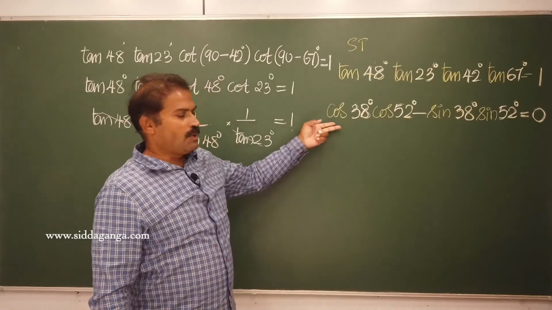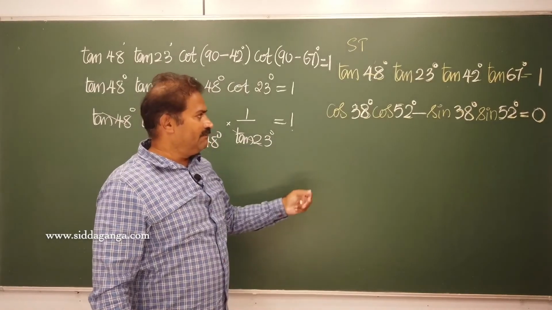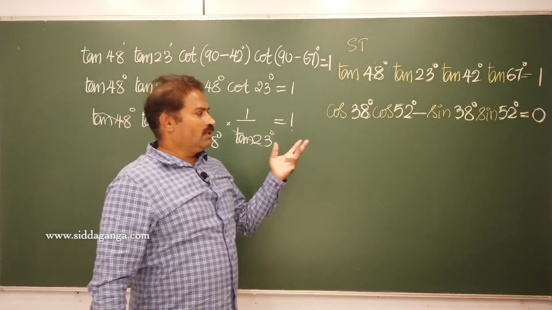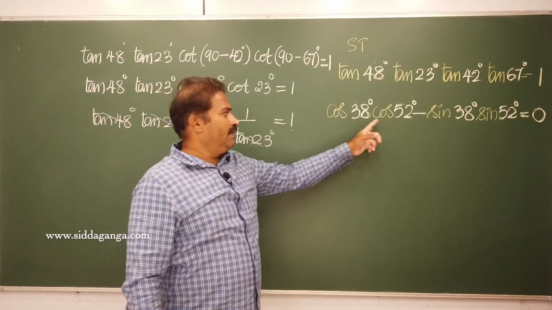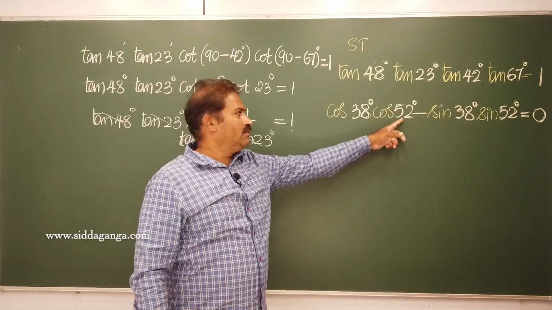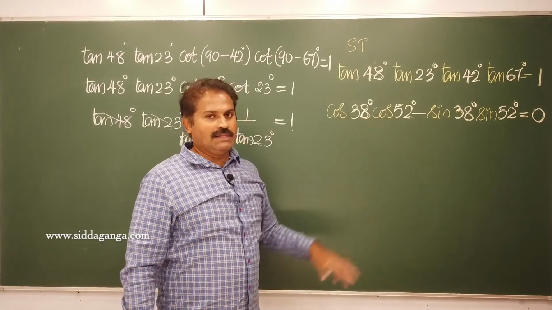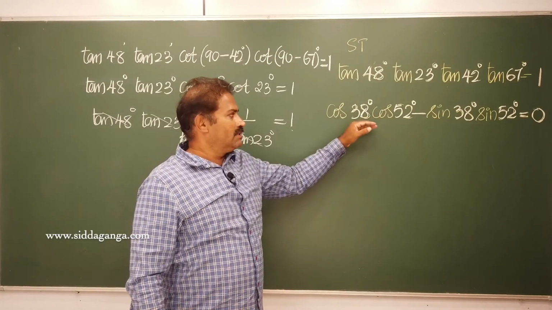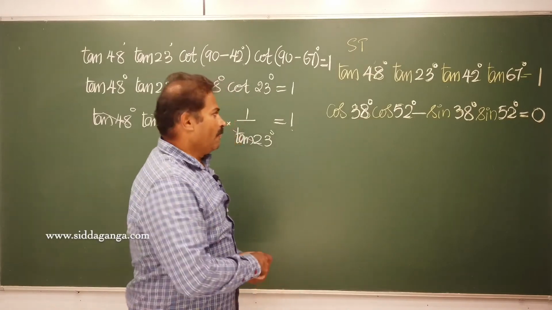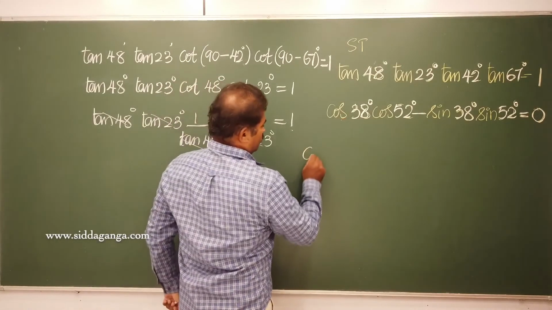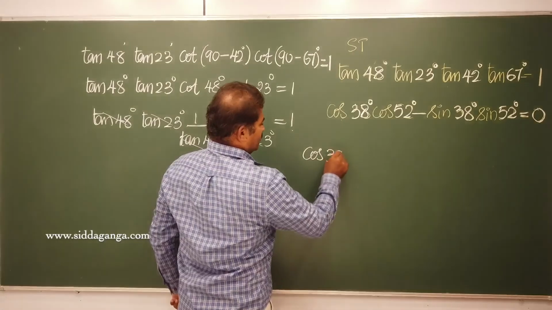And now we have one more problem here. We'll solve it here itself. First, you need to find out what are the complementary pairs. So 38 and 52, are they complementary? 2 plus 8 is 10, 1 carry, 6 plus 3 is 9. So this is complementary. So what you can do, you can take one of the ratios as it is and